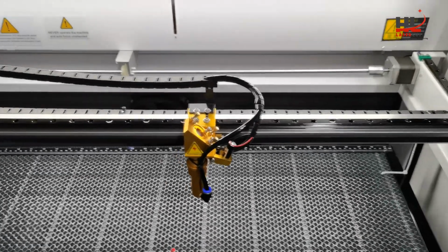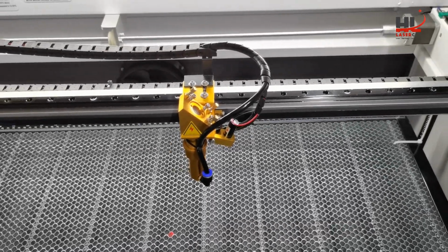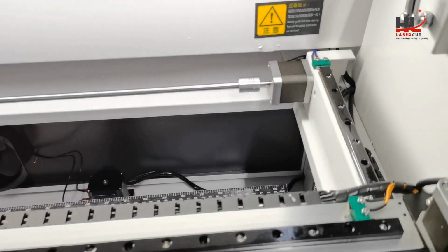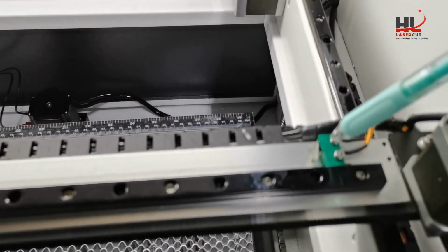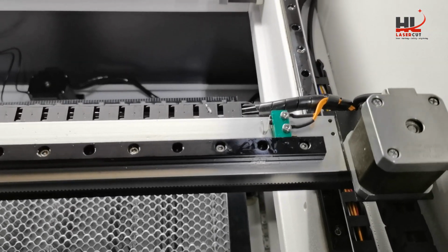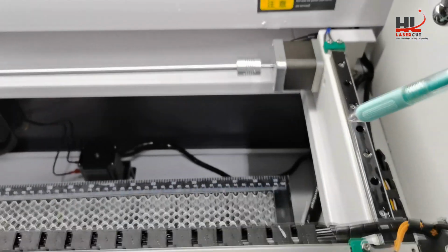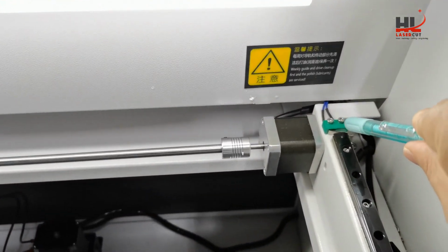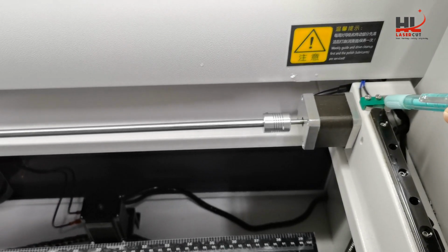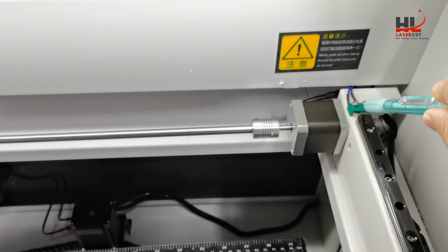After the homing process, the laser head will go to the work origin. This green switch we call the homing switch for X-axis, and this one for the Y-axis. Every time when you start the laser machine, the laser head will go to the home position by